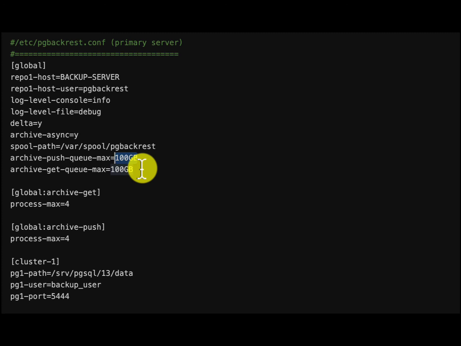If the pg_wal volume has this much space, you can certainly add that. In my case, I had 200 gig, so I set this as 100 gig. Maybe I can increase this further to 150 gig or so.